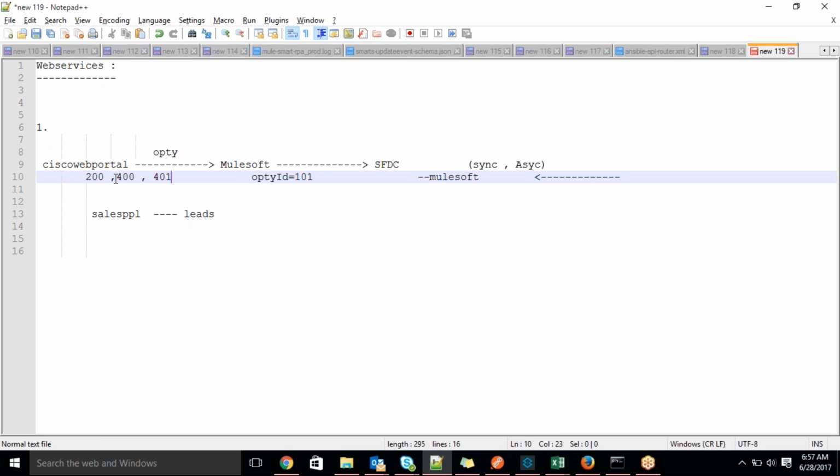If anything goes wrong, like the data you are sending is not proper. Suppose here you are trying to create an opportunity, you have to send some mandatory fields. There is opportunity name, opportunity quantity, then opportunity amount. These we have to prepare and send to Salesforce. Whatever you are sending, generally people will prefer JSON format as input.